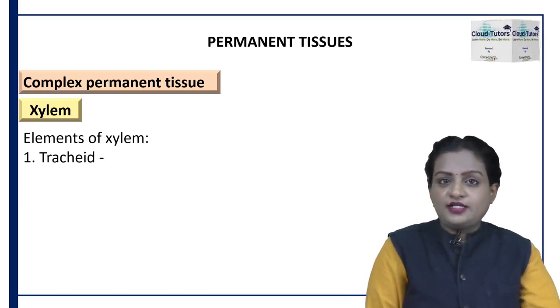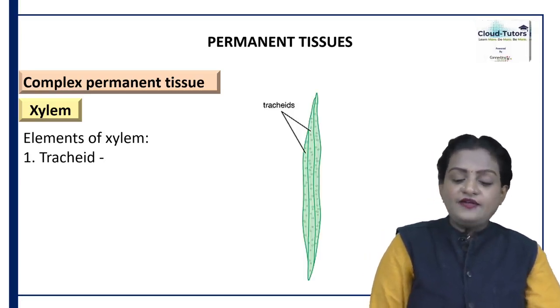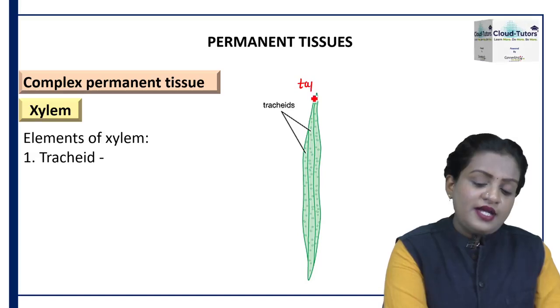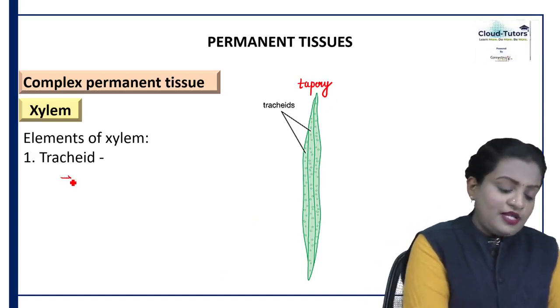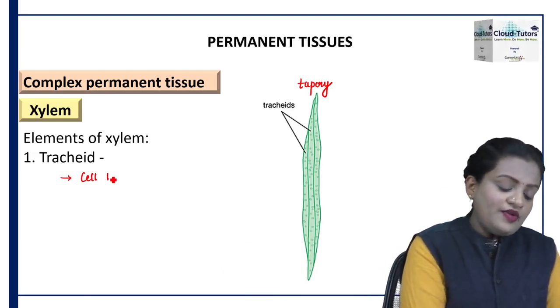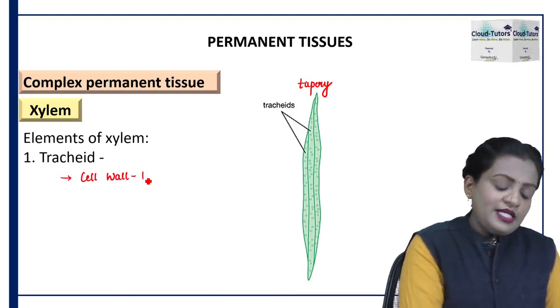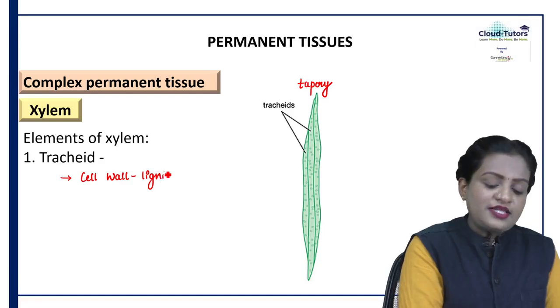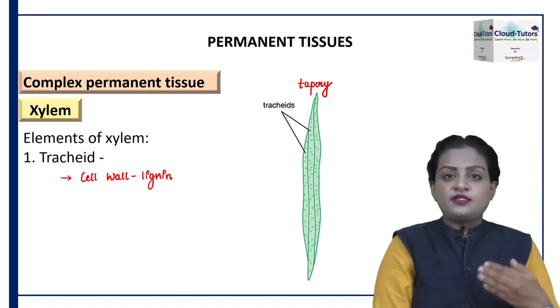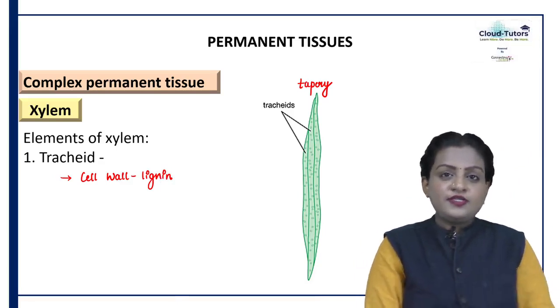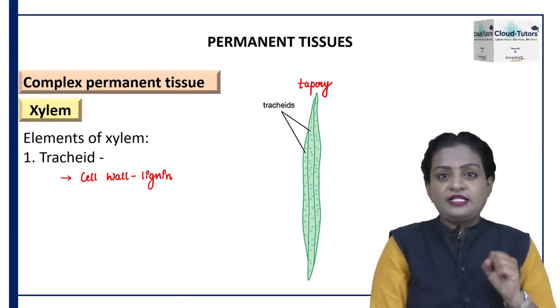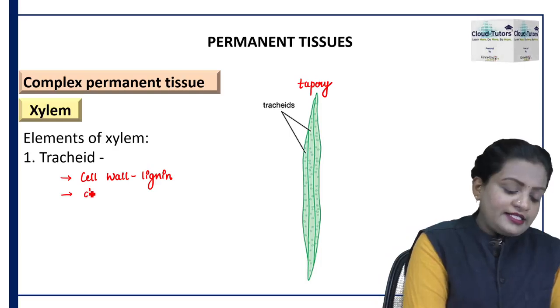First is tracheid. So tracheids have tapery end and they have lignin deposition. So cell wall is made up of lignin. Lignified wall suggests that lignin will not allow water to get in. So the tracheid is basically a dead cell,